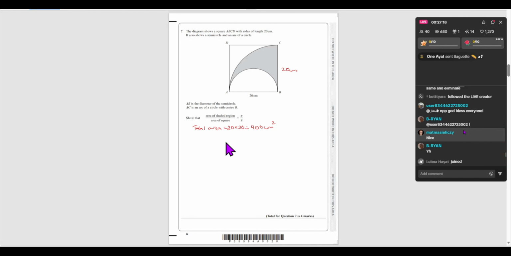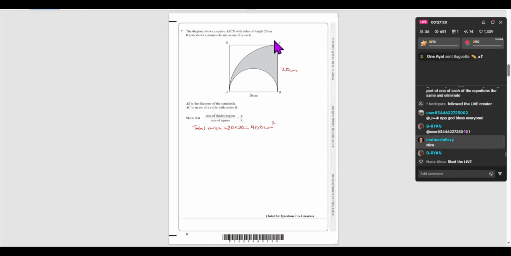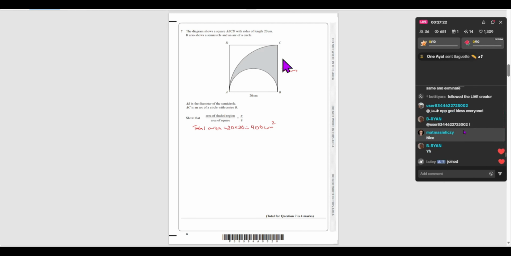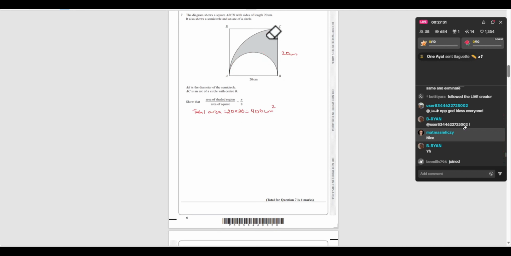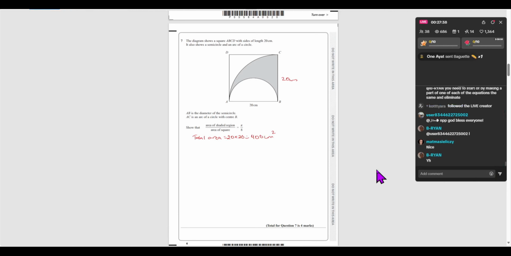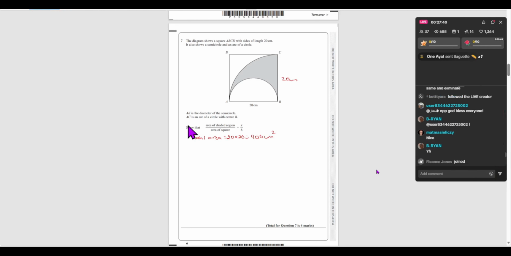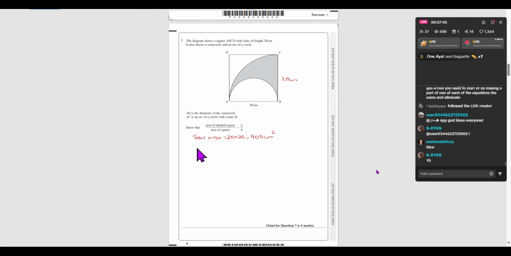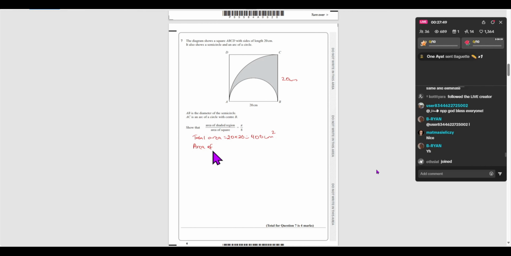Now we need to find the area of the quarter circle. What I mean by quarter circle, I mean this circle right here, not the semicircle, this circle right here, including the semicircle, by the way. So how you would do it is very simple. So we're going to do pi r squared, but we're going to divide it by 4, okay? So area of the quarter circle